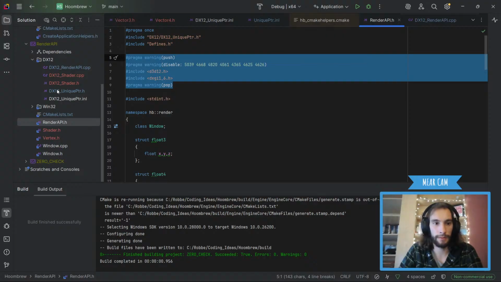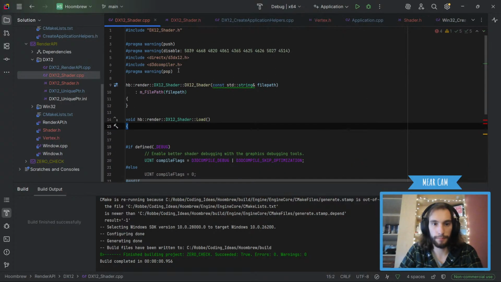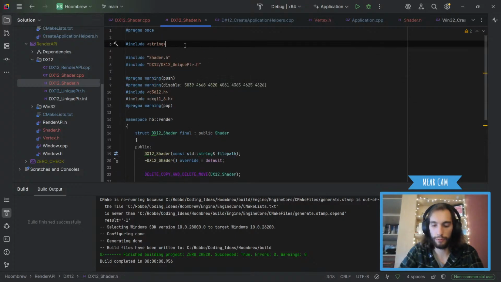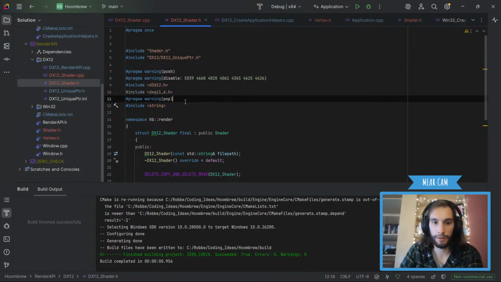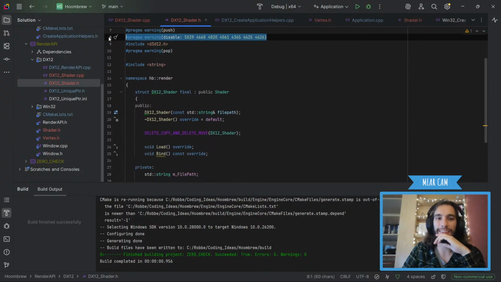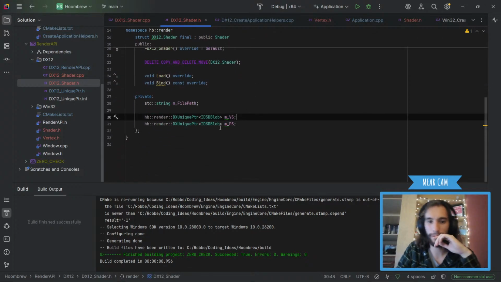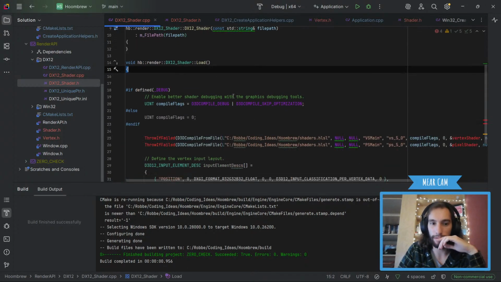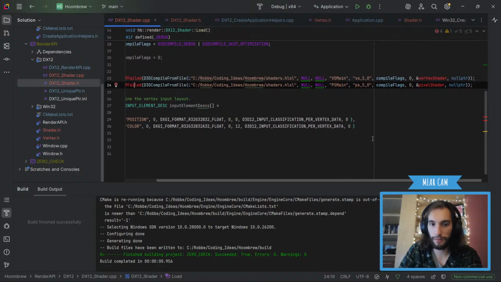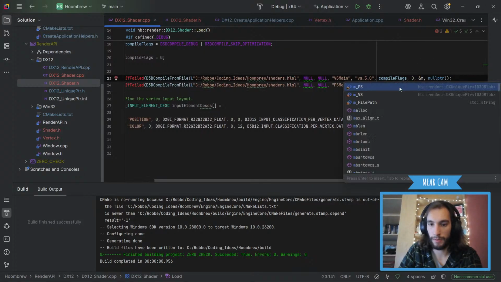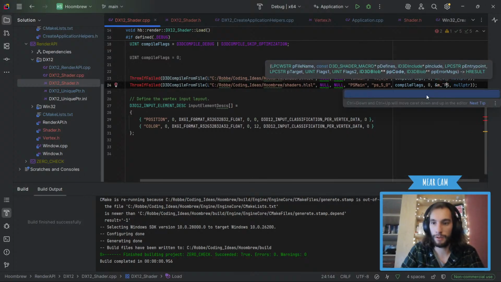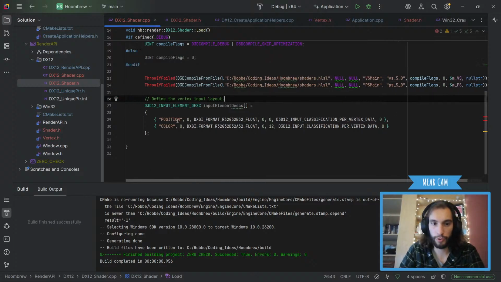Like that. Not that one, this one. I don't think that will work, so we'll just do that. And then also you need that to be at the bottom. Okay, apparently we don't need that one. I don't like this disable thing at all. There's no way to do it differently. Okay, so we got all of these things. Inside the shader, we set compile flags, which is fine. Throw a failed, we'll fix in a minute. Vertex shader m_vertexShader, pixel shader m_pixelShader, there we go. Throw a failed.